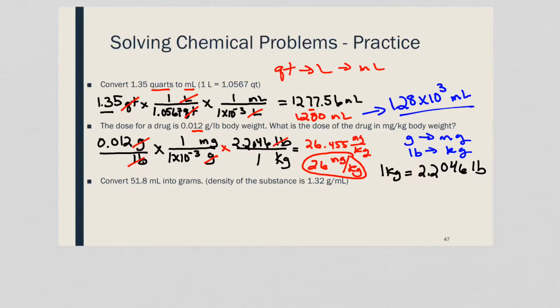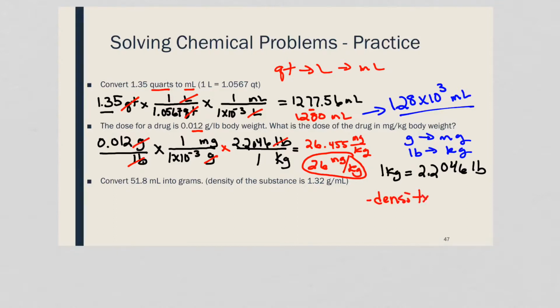Okay. Now, this last example is looking a little bit back at density. A little bit earlier we talked about density as the ratio between mass and volume. Now, the other very common use of density is to act as a conversion between mass and volume. Right? So I'm just going to write over here,